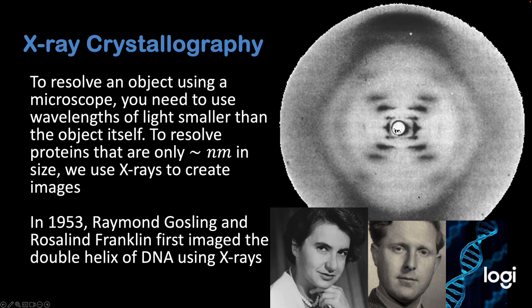So this is the first ever image that was taken of DNA. You can see hints of that double helix structure. This is the image that won a Nobel Prize. Unfortunately, it didn't go to the people who made the image themselves. This was Rosalind Franklin and Raymond Gosling, a graduate student working under Franklin, who produced this image under her